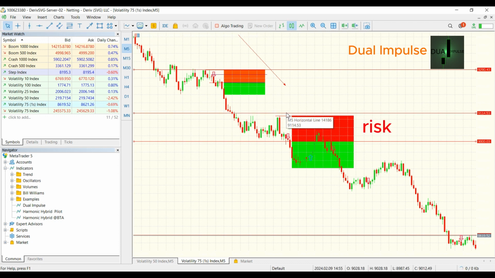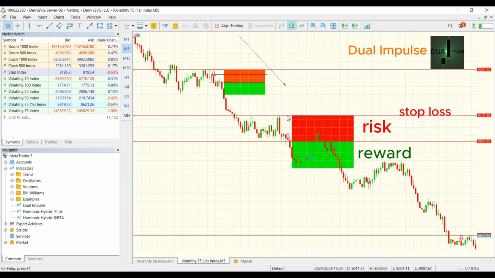You can see our risk being shed from the close of the signal candle to here. This is your risk. So within the body of the signal candle is where you take your trade. So you take your trade as soon as the signal candle closes. That's where you take your trade. So this is my range of orders. You put your order here,